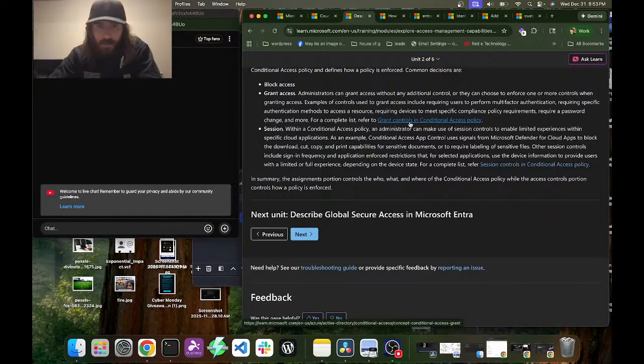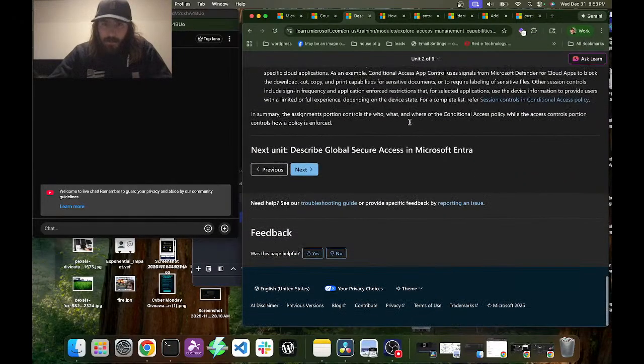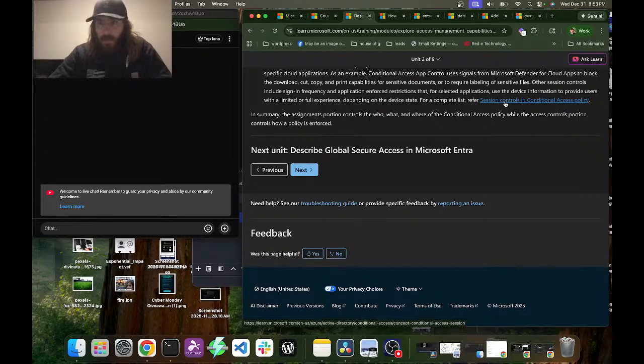Other session controls include sign-in frequency and application enforced restrictions that, for selected applications, use the device information to provide users with a limited or full experience depending on the device state. For a complete list, refer to session controls in conditional access policy. In summary, the assignments portion controls the who, what, and where of the conditional access policy, while the access controls portion controls how a policy is enforced. The next unit is describe global secure access in Microsoft Entra.